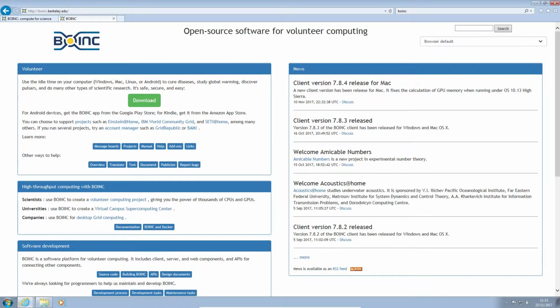Usually I put up videos showing aspects of natural history, but I'm actually interested in all aspects of science, and I'd like to show you this application that you can use on your computer that enables you to support various aspects of research from around the world. This is called Boinc,